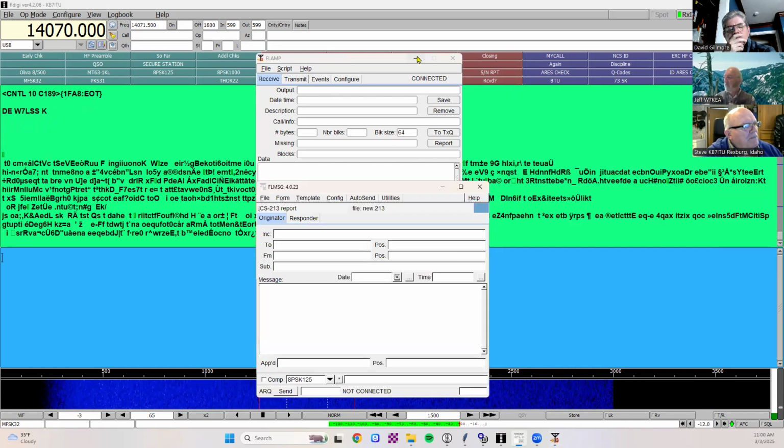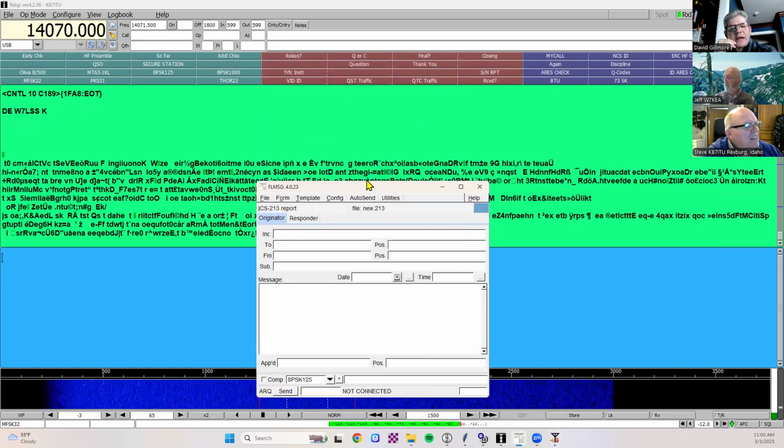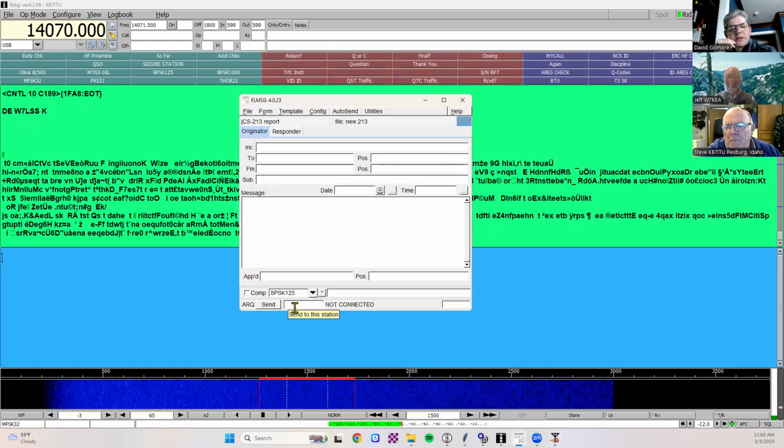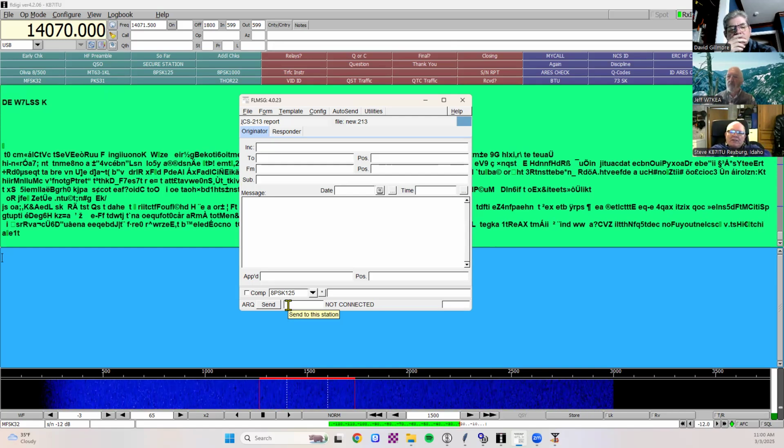Okay, there you go. What's the advantage of using one over the other, or the disadvantage? The forms are the advantage. So if we're not using forms, would we use FLAMP? Yeah, we use FLAMP more than we do FL Digi, absolutely, because all you're doing is sending just text